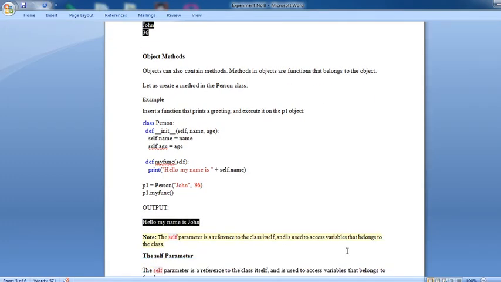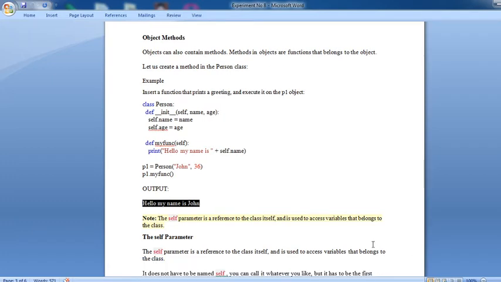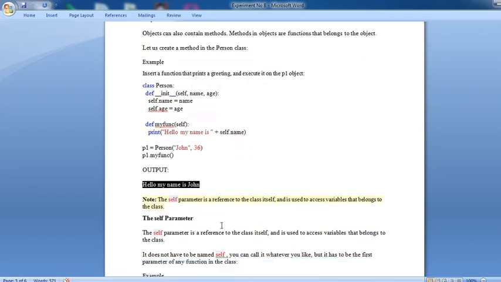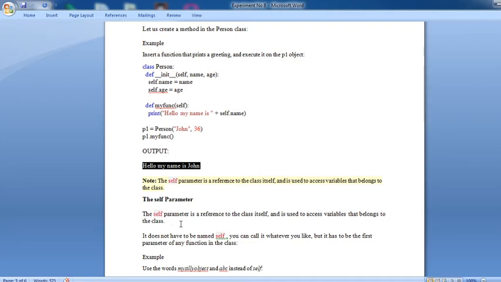Note that the self parameter is a reference to the class itself and is used to access variables that belong to the class. You are defining the self parameter here. It does not have to be named self.